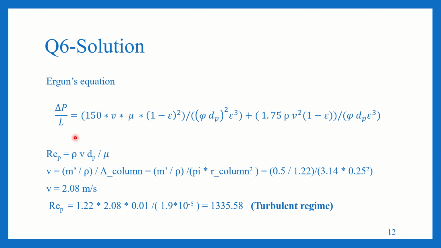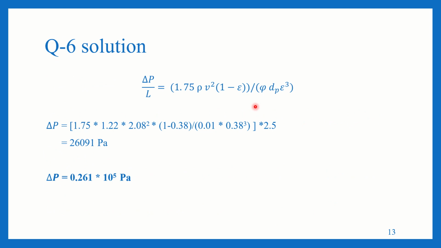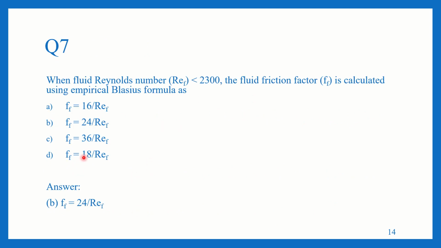Initially we calculate the particle Reynolds number, and since it was greater than 500, we know it is in the turbulent regime. So we use the second half of the equation and calculate the pressure drop. We get this as the answer, and this is for calculating the friction factor. For the fluid friction factor, we use the Blasius formula, and for the laminar regime, that is less than 2300, we go for 24